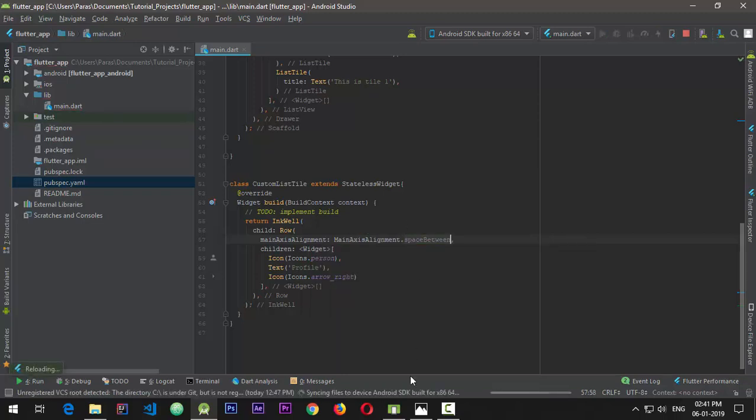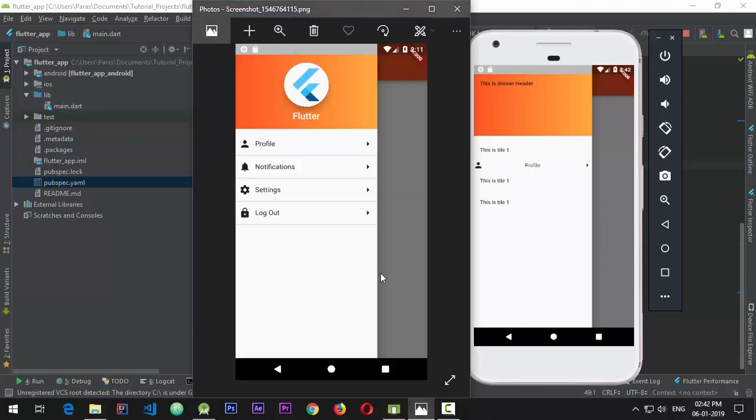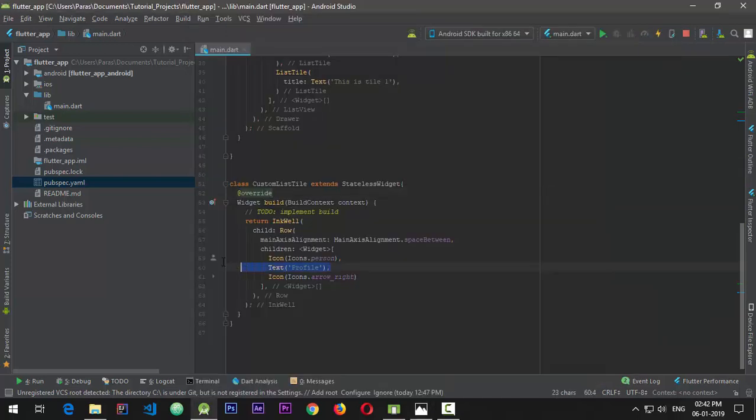So when I save this, you can see that all the items are sort of aligned. The space between all the items is given evenly. So for achieving this type of effect, where the icon is right, where the profile, the text is right adjacent to the icon, and the other icon, that is the arrow, is on the extreme right, we'll be taking first two properties, that is the main icon and the text, and instead of them I'll be adding a new row,